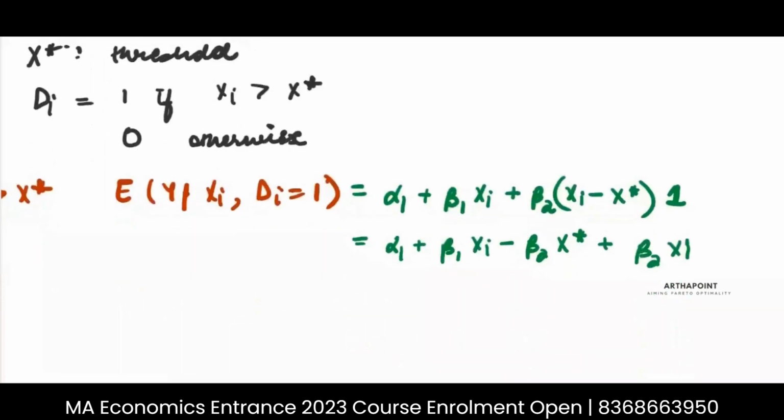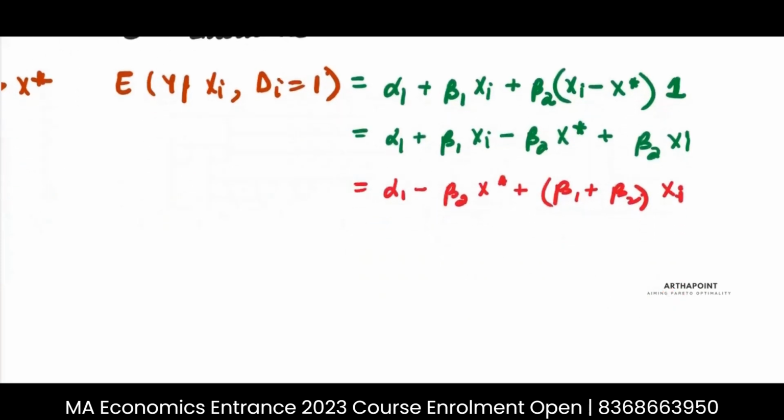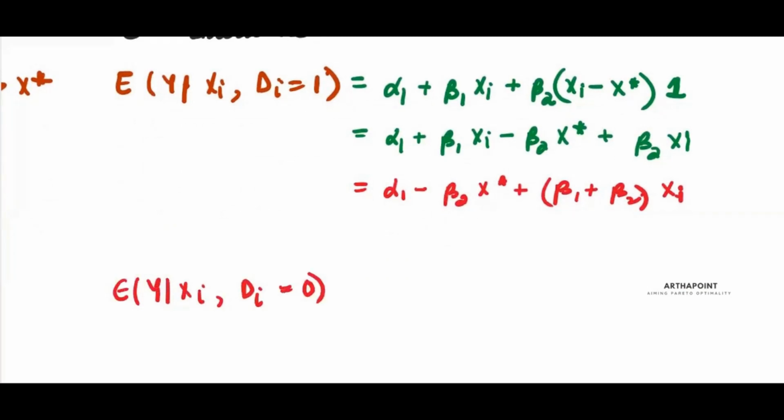So this will then be alpha 1 minus beta 2 x star plus (beta 1 plus beta 2) xi. This is your average sales commission beyond x star. And what will be E of y given xi comma di equal to 0? If you do